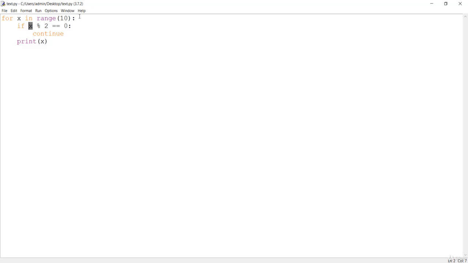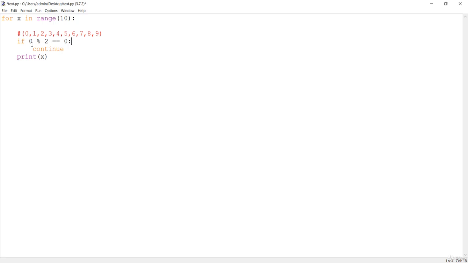Let me quickly make the range here. The range over here would be 0, 1, 2, 3, 4, 5, 6, 7, 8 and 9. So this will be the printed value. At first it will be 0. We are checking 0 modulus 2 is 0, which is obviously true.